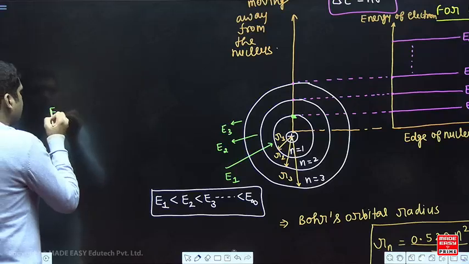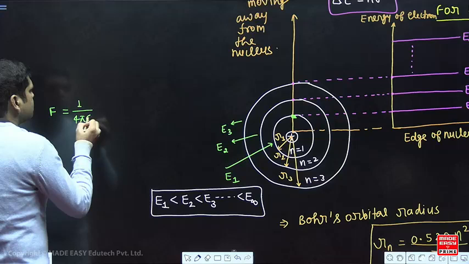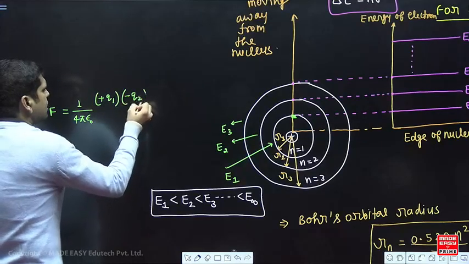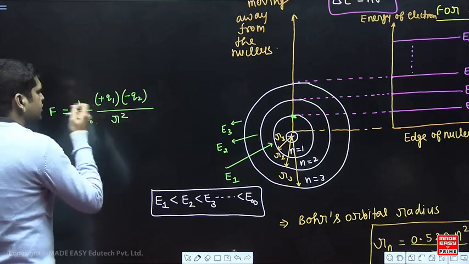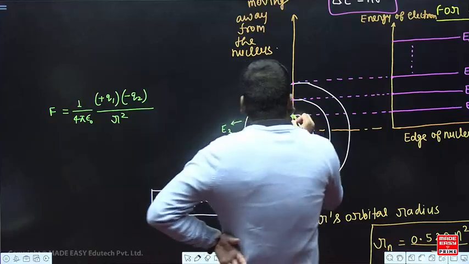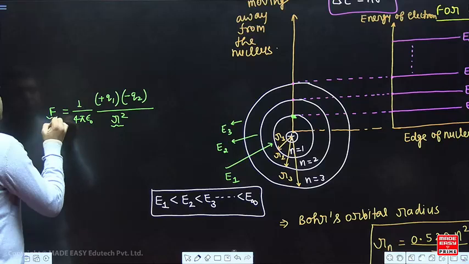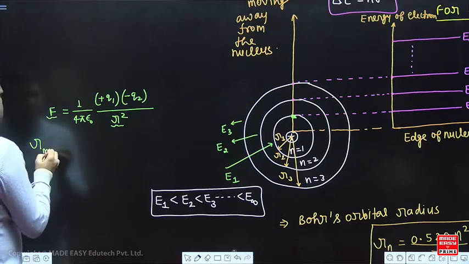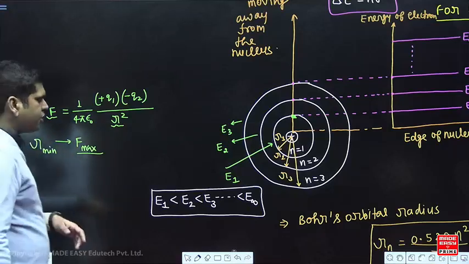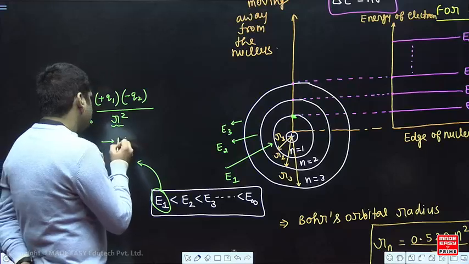So force on electron is 1 by 4 pi epsilon naught, q1, the charge of nucleus, times q2, the charge of electron, divided by r square, where r is the distance between these two charges. If an electron is in the first orbit, then r is minimum, and if r is minimum, the force is maximum. The attraction force is maximum, energy is minimum,